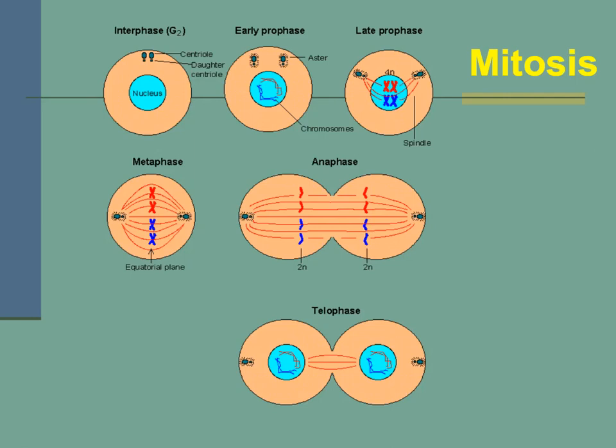We can identify interphase by a clearly defined nucleus. And this will be the first stage and the only stage that we're going to see a clearly defined nucleus. On average, the cell will spend usually 90-95% of its time in interphase. Moving on, the first true stage of mitosis is prophase, and prophase can be subdivided into early prophase and late